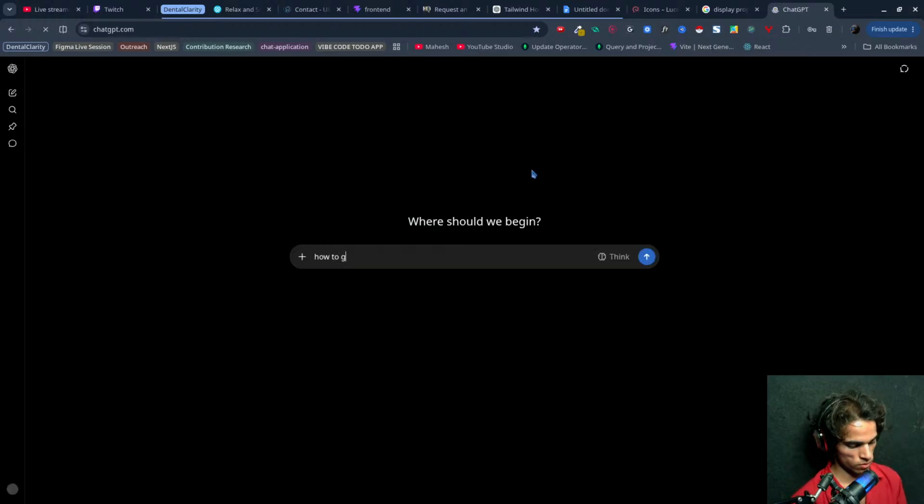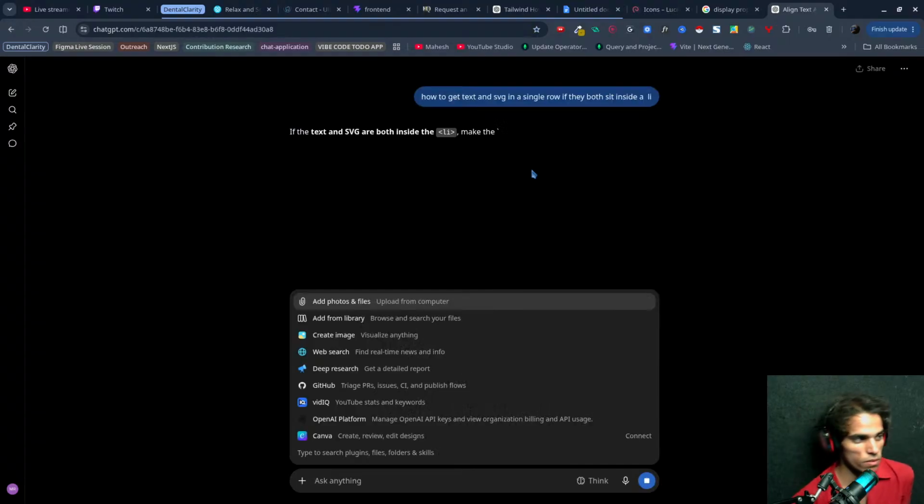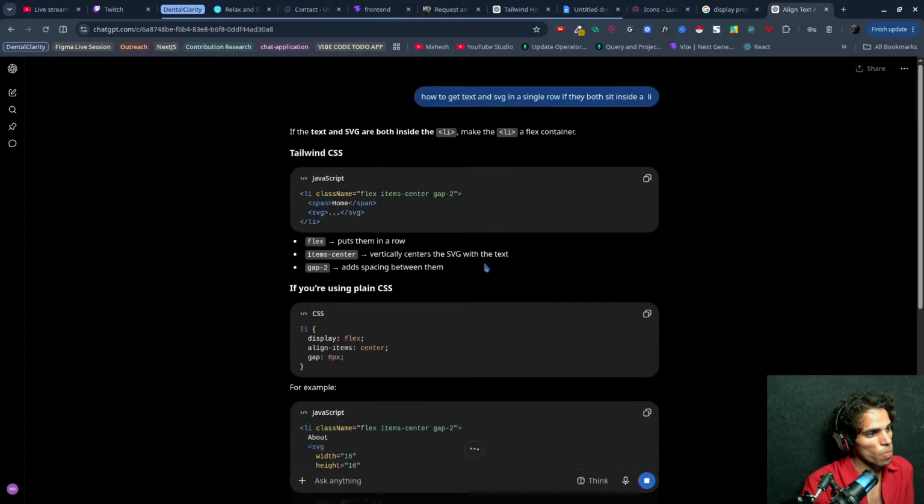Text. Okay. Flex item center and gap to.